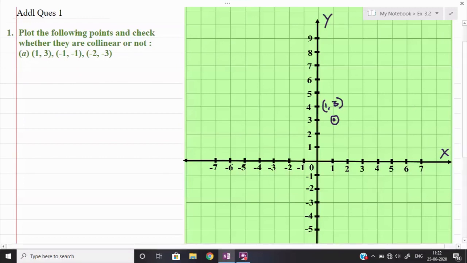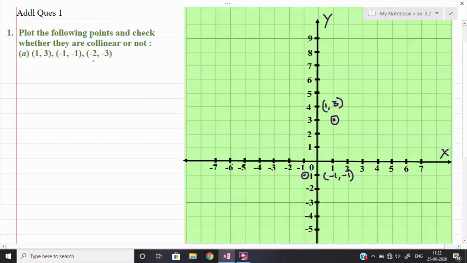So first I will go to the x-axis, -1. On the x-axis, where is -1? It is lying here. Now as I told you, I have two options: either I can go upward or I can go downward. The y coordinate given here is -1, so I can go downward, and I only need to reach till -1. So this is my second point. This point's coordinate is (-1, -1). Since there is no space, I am writing on this side.